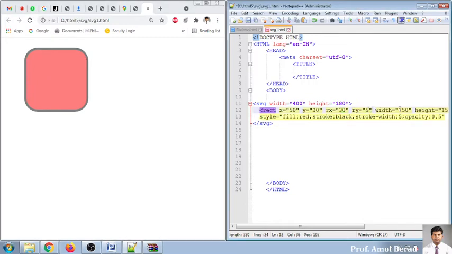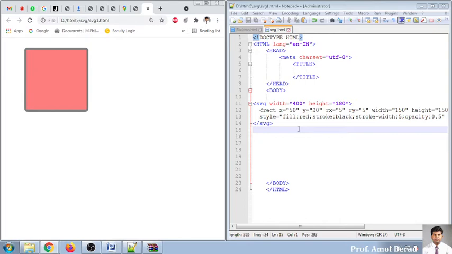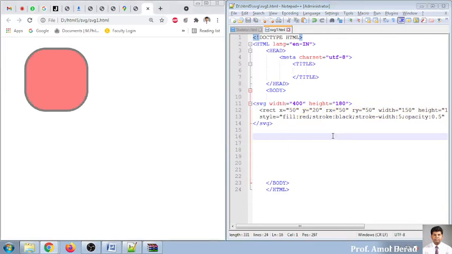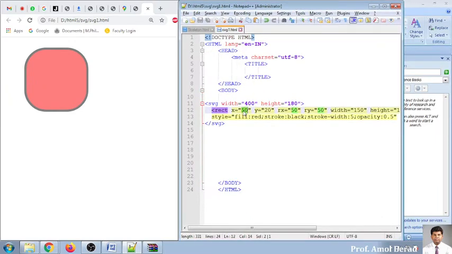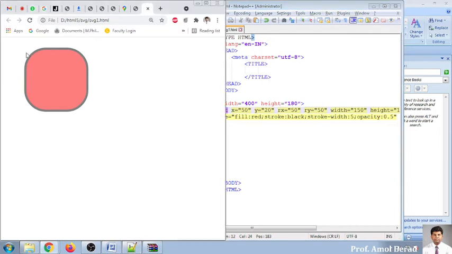If I'm changing it to 5, so if the number is minimum, the sharpness will be there, that is the border will be more clear. If the number goes on increasing, if I'm saying 50 by 50 on x and y coordinates, automatically it will be moving closer to a circle. So four attributes can be set as far as a rectangle is concerned, that is x coordinate and y, from where you want to start. Rx and Ry will be specifying the border curve.